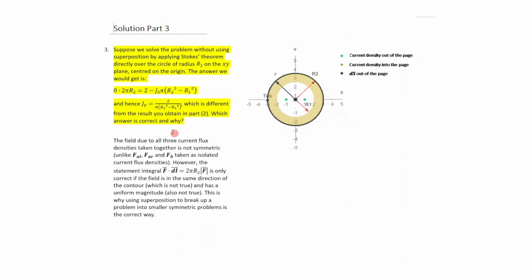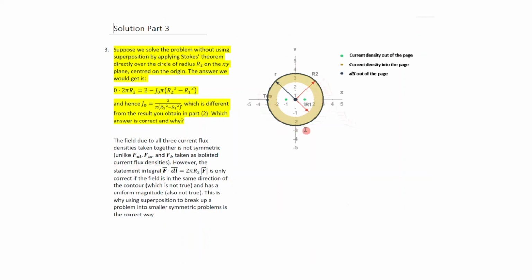All right, so this is more or less the explanation. The field due to all 3 current flux densities taken together is not symmetric, unlike FAL, FAR, and FB taken as isolated current flux densities. However, the statement that the integral of F dot dl equals 2 pi r2 F is only correct if the field is in the same direction as the contour, which is not true, because if we draw a contour,